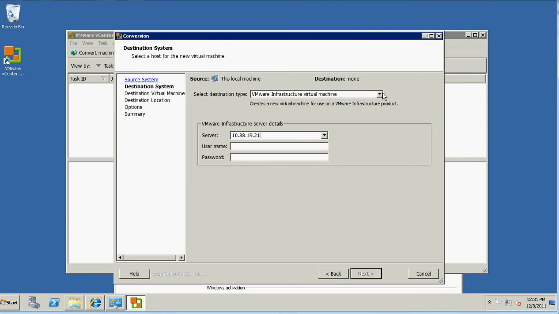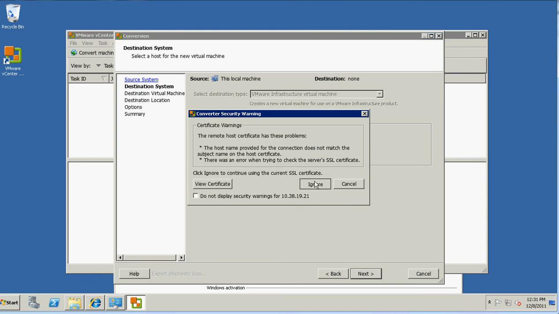Next, the destination type. You can see if it's going to be a VMware infrastructure or VMware virtual machine. So it's going to be a VMware infrastructure virtual machine, and the IP address of the ESX host and the credentials. So login as root with root credentials. Click on next,